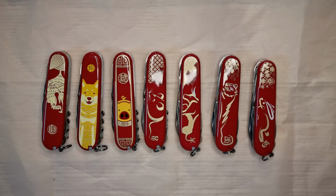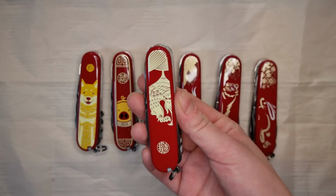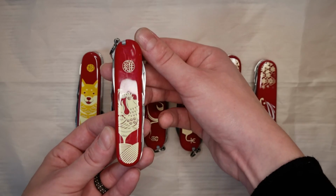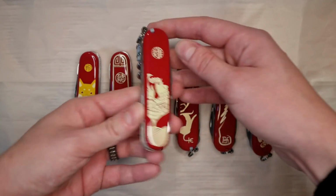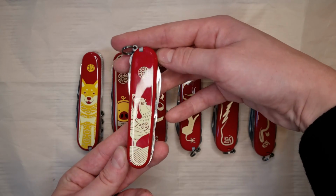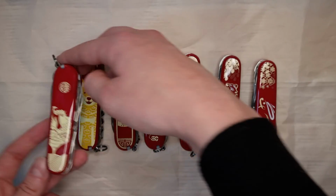So the first one is made a little bit upside down, compared to the other ones. And to me, a Huntsman is supposed to be taken from this side, so I don't quite get why they printed it upside down. I don't know, for me it's upside down, but maybe it's not really upside down. But you know, for me the Huntsman goes on this side, not this side. But maybe if you missed it, here is the year of the rooster,